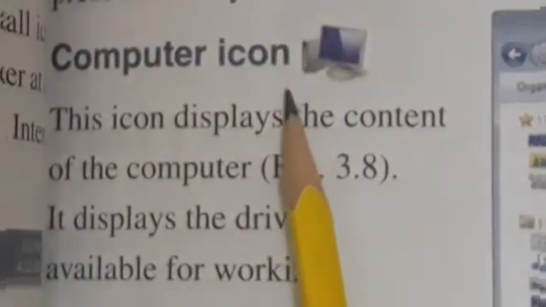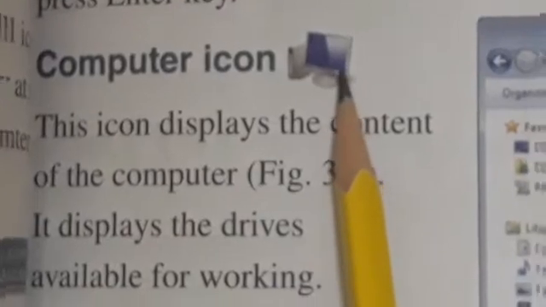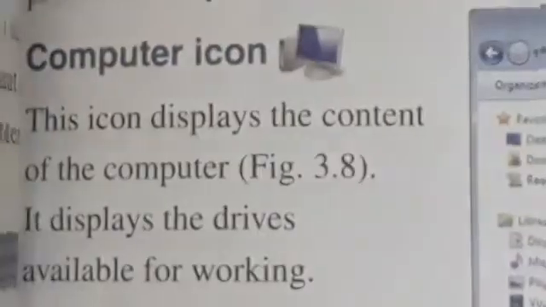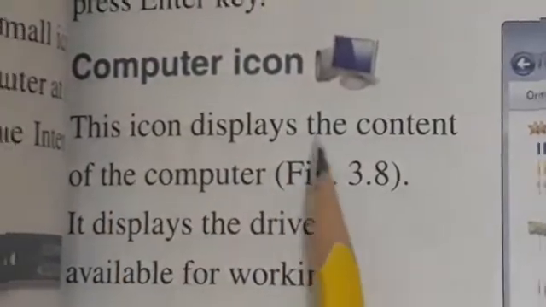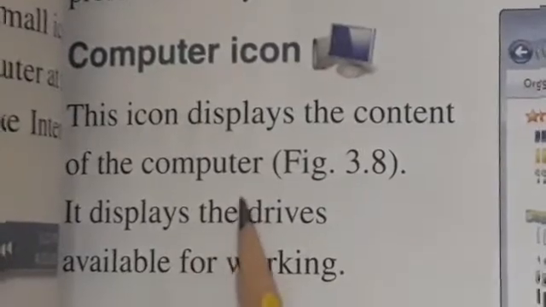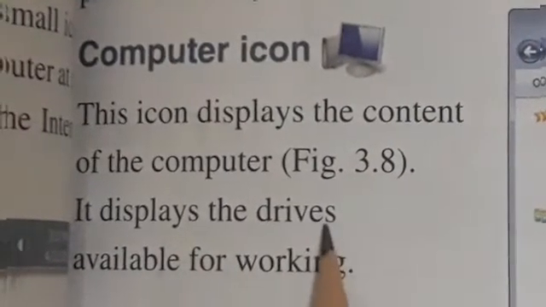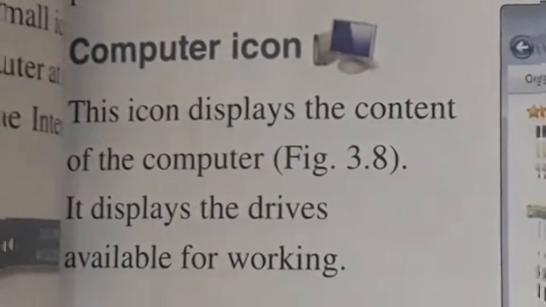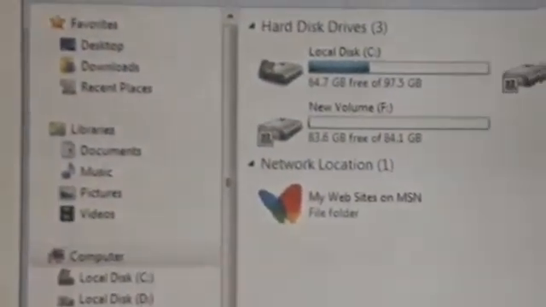Students, look at this computer icon. All of you have this icon on your computer. This icon displays the contents of the computer. It displays the drives available for working, as you can see in this picture.